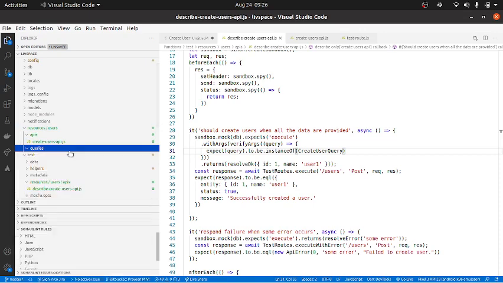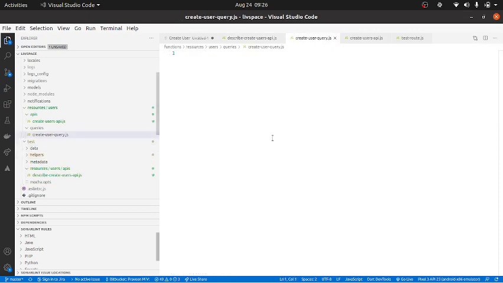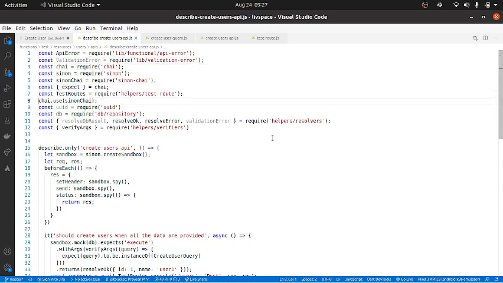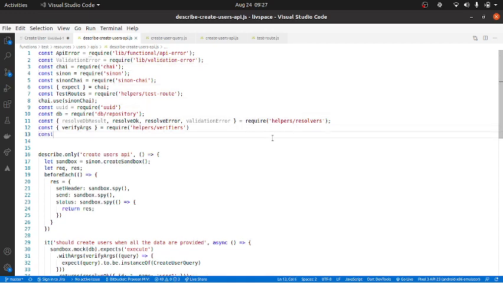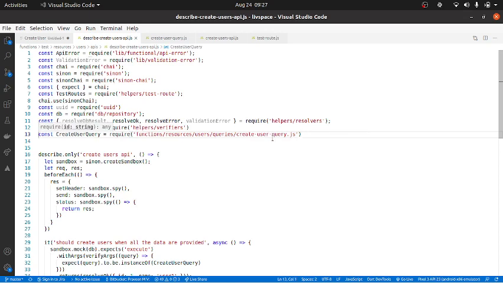So here I will create a file, createUserQuery.js, done. So this is done here. Let us make sure this is proper. Create user query, I shall copy the relative path and let's go to here, const createUserQuery equal to require. Okay, awesome, taken care.